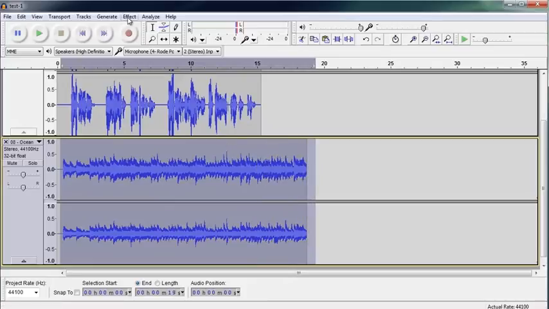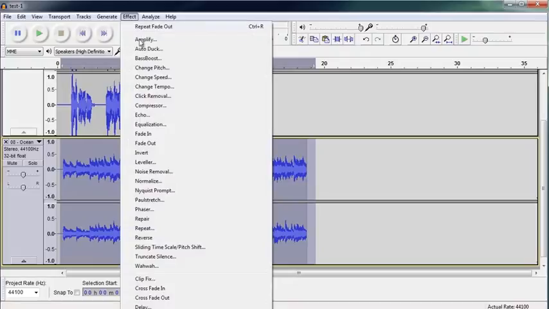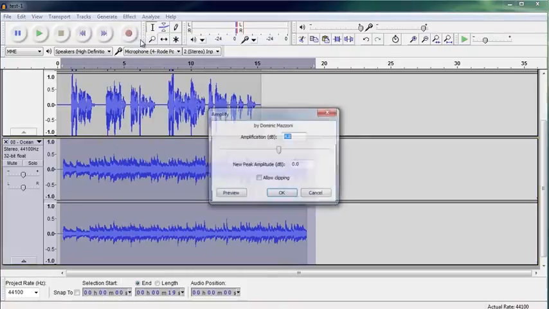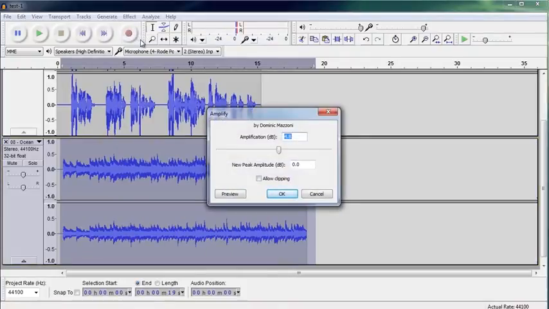Then I'm going to go up to the Effect menu and click on Amplify. And Amplify may seem a little unintuitive to you, because normally most people think of Amplify as increasing the sound, but you'll notice there's a slider bar here that goes to the right side where you can increase the volume. But when you get back to 0 and go to the left of 0, that goes to negative numbers,